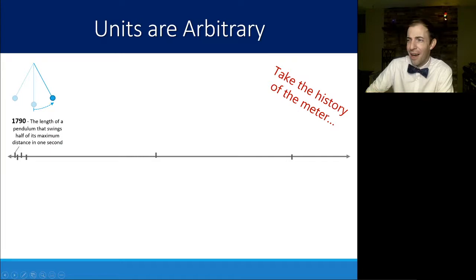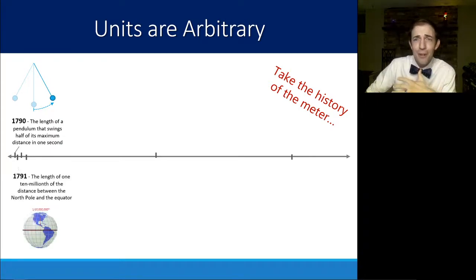Now, that wasn't a great definition because you had to build something and it didn't seem to be founded in nature. So that was changed to be the length of 1/10 millionth of the distance between the North Pole and the equator, which you can probably guess in 1791 wasn't that accurate of a measurement. But the idea was let's found it in something in nature, something built in the earth. But obviously, that's not a great way to communicate a length to a different country. So it was redefined